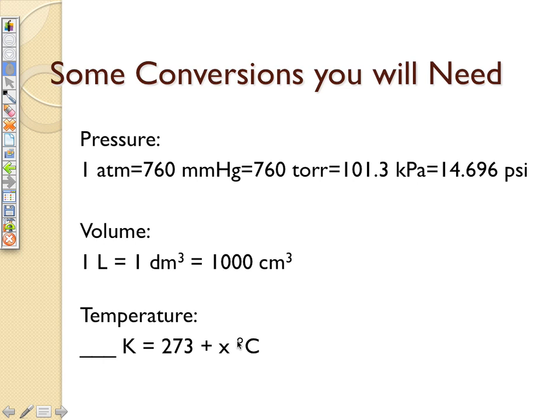Quite often we measure temperature in kelvins when we're dealing with gas laws because we don't want to have a negative pressure or volume. Those can't exist, and sometimes we have negative degrees Celsius, which would calculate out to be a negative volume or pressure. So whenever we're dealing with gas laws, we want the units to be in kelvins. Kelvins are equal to 273 plus whatever value I have in degrees Celsius.